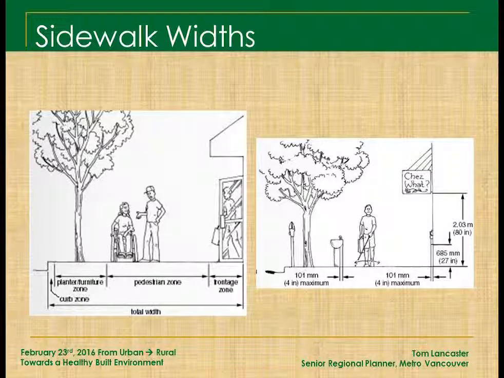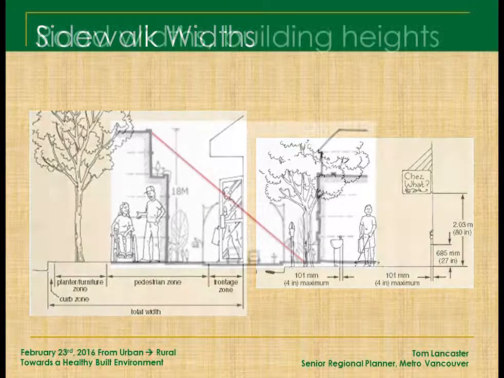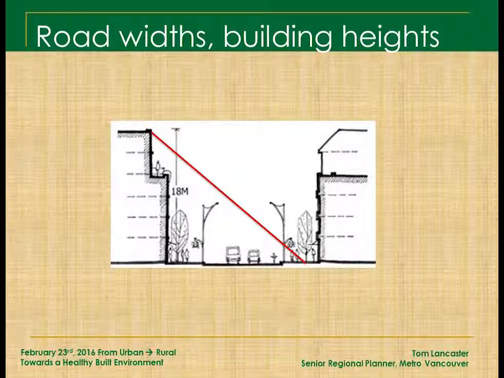Sidewalk widths and buffers to the road, right? The road is that big nasty thing, and that's what prevents people from having a really fun time when they're walking around or rolling around. Street widths. What's the next thing? Well, building heights. What creates an urban realm where you want to be in it, as opposed to driving to the mall on the edge of town or whatever. This is a fun one. It's a really simple ratio between the width of the street and the height of the buildings.